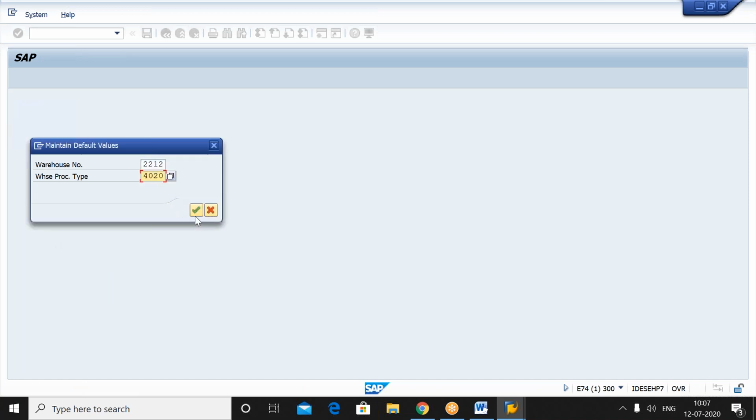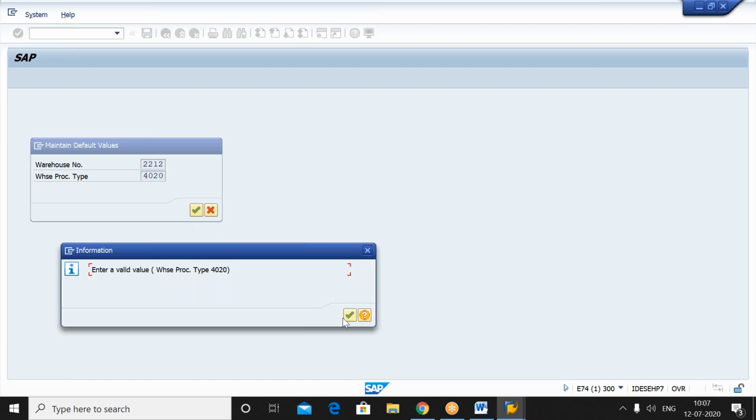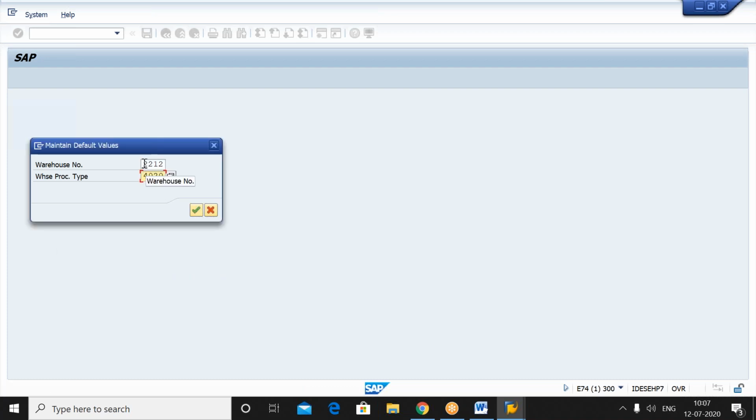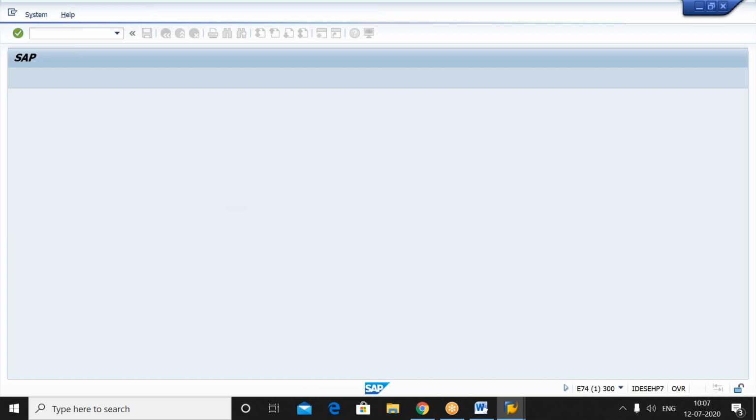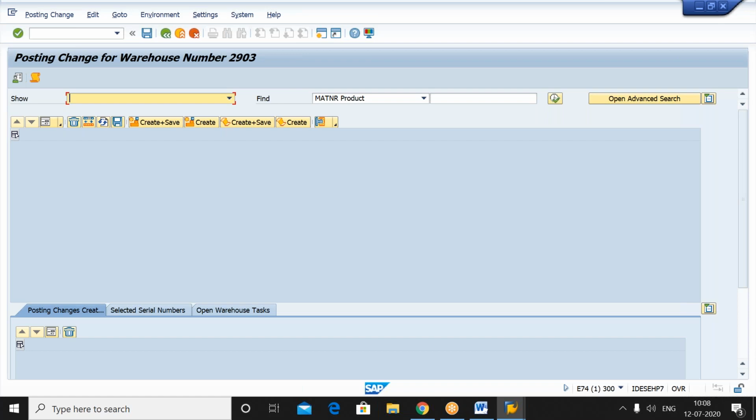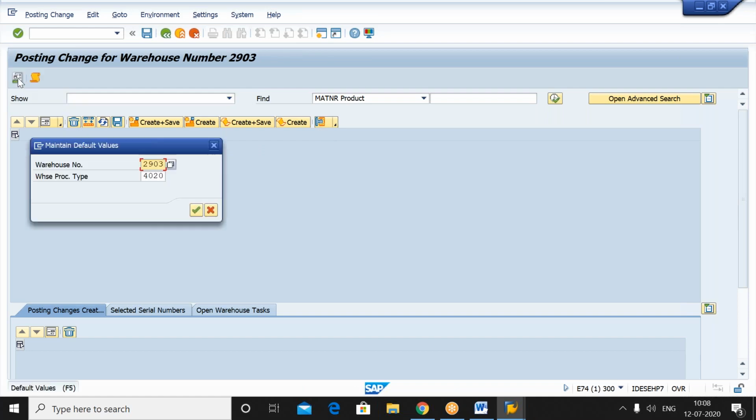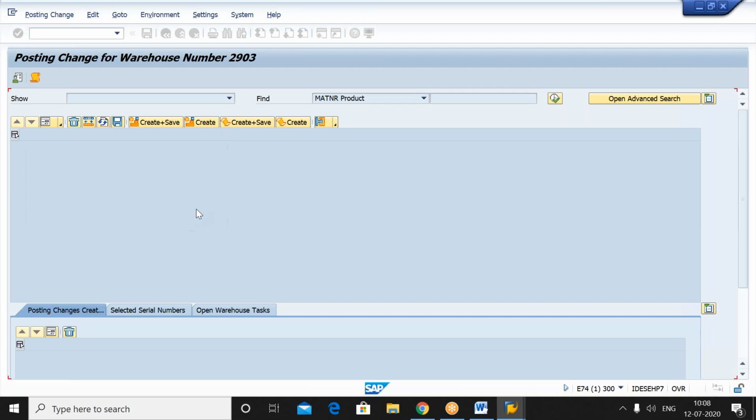So here it is not maintained yet. So we required one warehouse process type. What I'm going to do, I would like to go through this warehouse. It accepts because that warehouse process type is configured for this warehouse. Okay, and always come to default values, maintain here a warehouse number and warehouse process type. So 4020 is for scrapping. Go for this, give here the product, some product,